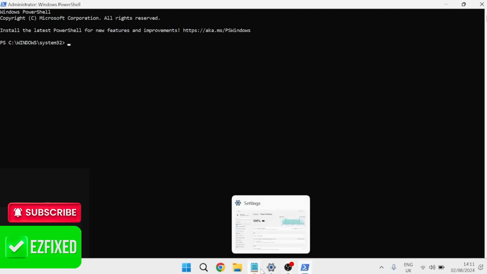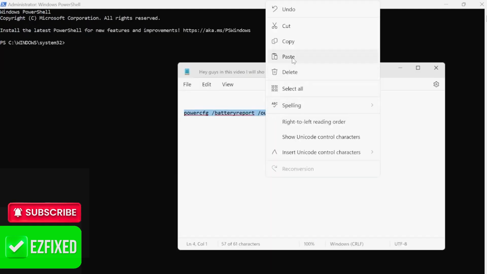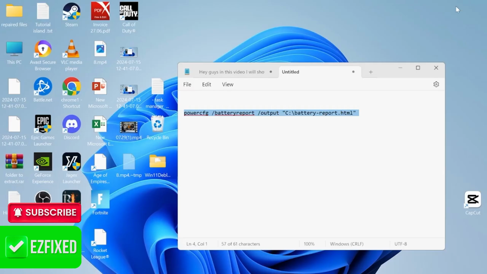So I've already got this command saved over in a notepad, and I'll leave this in the video description so you guys can come and copy and paste this. We're just going to paste this inside of the terminal here, and as you can see, this has now generated a report, which will be saved inside of the C drive. So we can then close out of the command prompt window once you've got this confirmation,